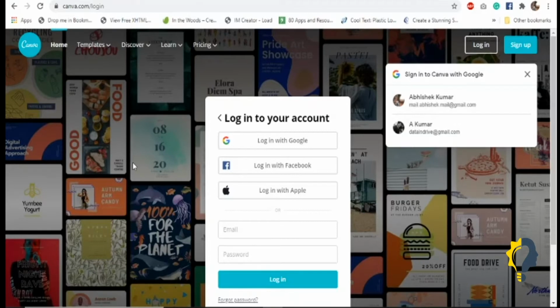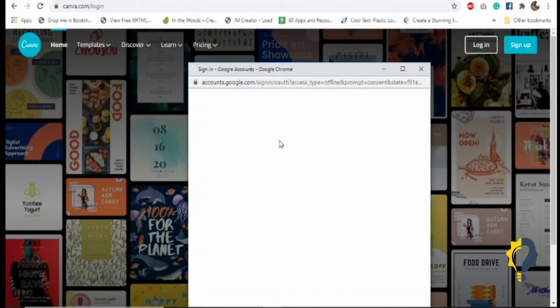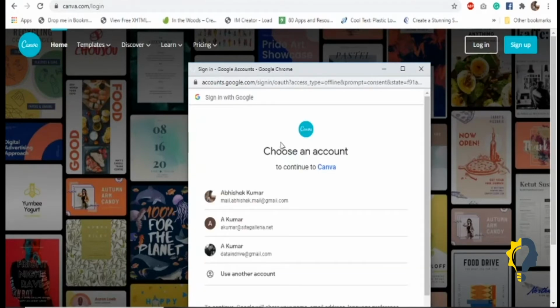Actually, nowadays in digital marketing, a poster is required. A poster or Instagram post, whatever, the creativity is required. But if you don't know how, then how will you do it? Somehow you have to create some small images, so that you can post the same thing on Google, on Facebook, on Instagram.